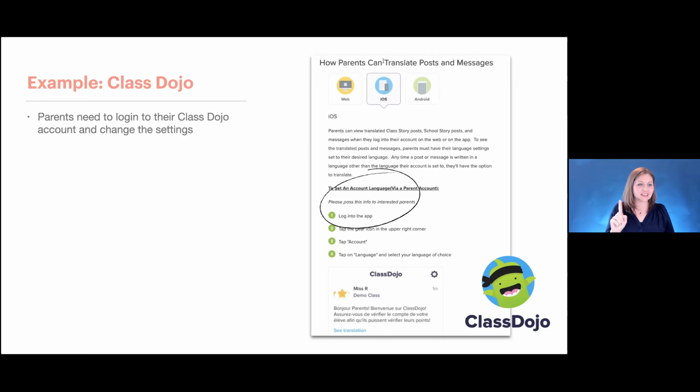But the problem is, when you go into the documentation for Class Dojo, it says that if you want to set the account language, parents have to log into their Class Dojo account and they themselves have to change the settings. So they have to know, okay, I need to log into my Class Dojo and I need to go change the setting. And in their documentation, it says, please pass this info on to interested parents. And so where we really need to work a little bit harder is making sure that the families are aware of, in these different apps, how they can access translated materials.